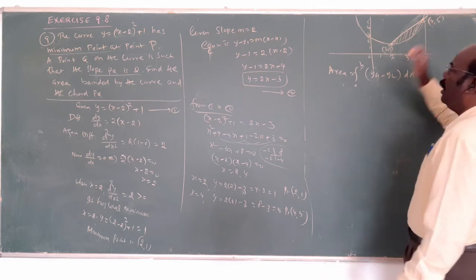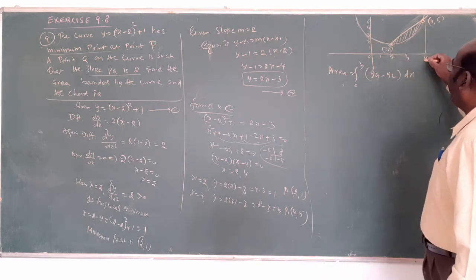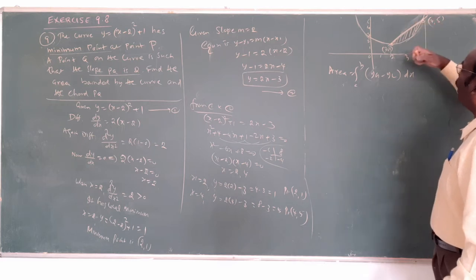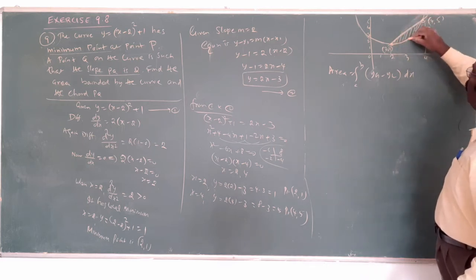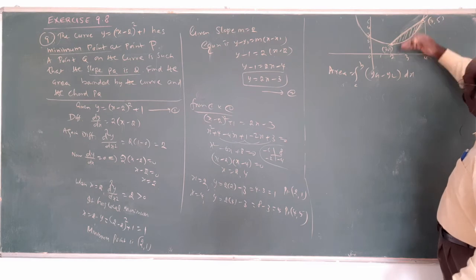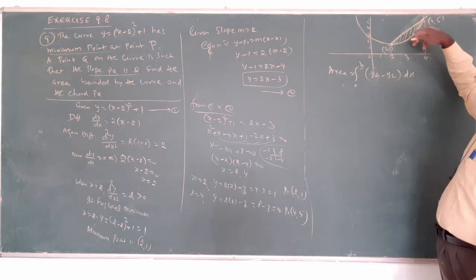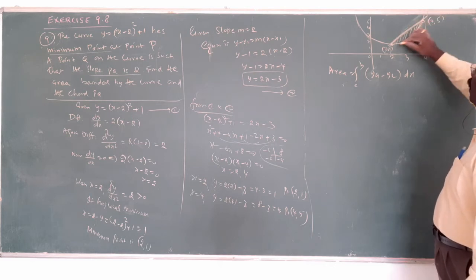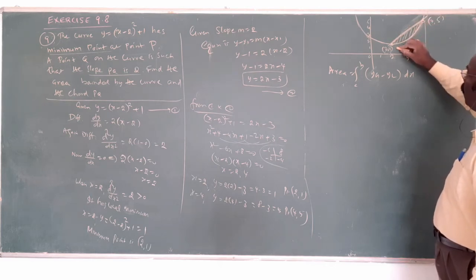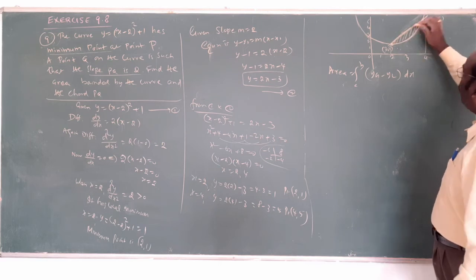This is the side line. Now, what I told you? From 2 to 4 is the limit. The side line gives the maximum area. What is the reason? From the side line to the x axis is the maximum area, but the parabola to the x axis is the minimum area, because the side line is above the parabola. Am I right? That's why the parabola has the minimum area. But the side line has the maximum in the whole area.